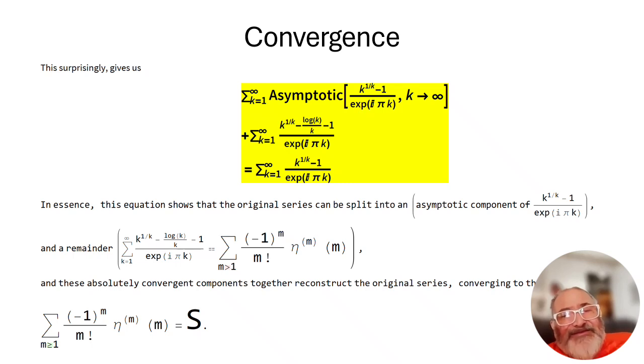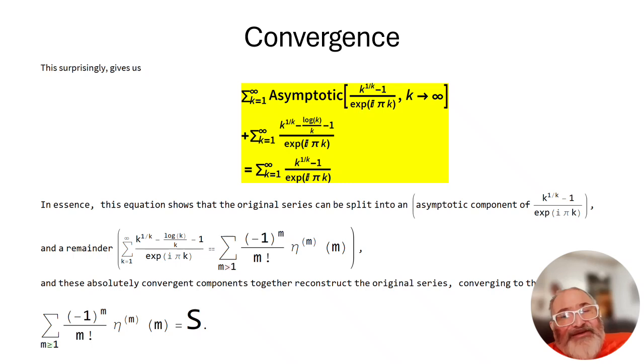In essence, this equation shows that the original series can be split into a component of (log k)/k over exp(i pi k) being summed, and the remainder, the sum from k equals 1 to infinity of (k^(1/k) - 1 - (log k)/k) over exp(i pi k), which equals, surprisingly,